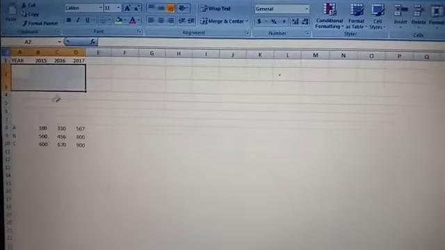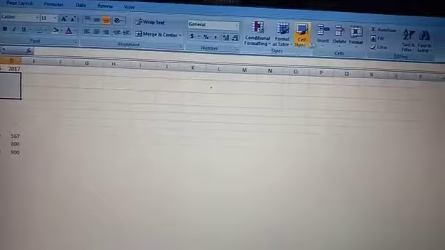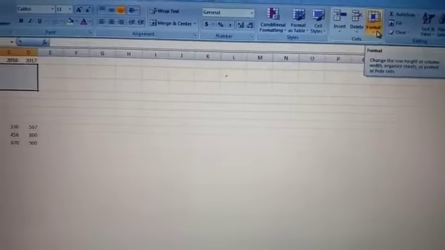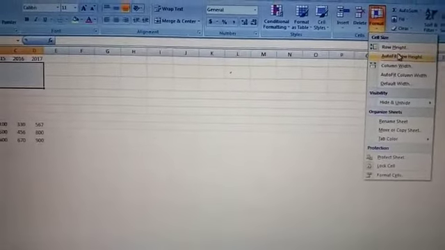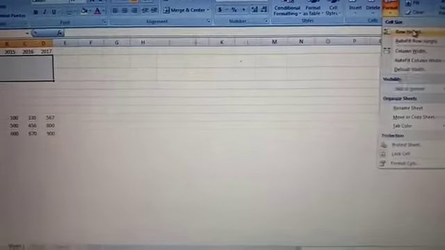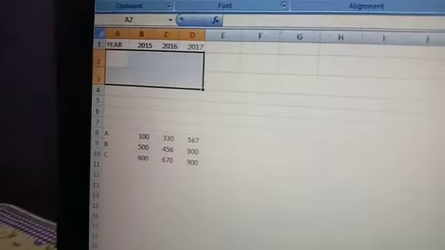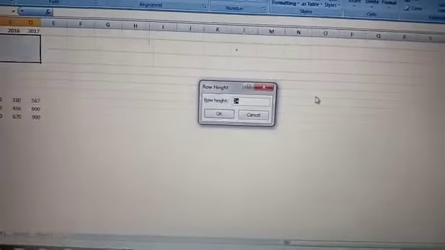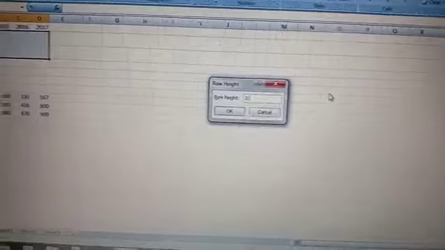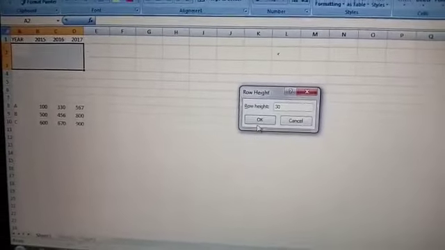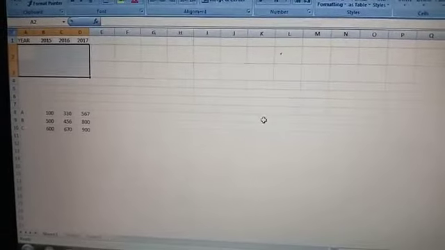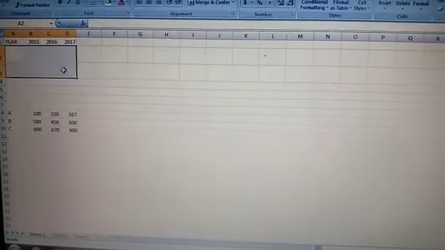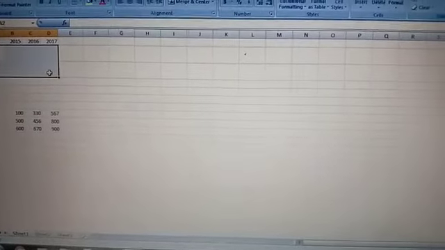Okay, see, again I'll show you. Go to Format, Row Height. Now see what is the height. Here it is 24. So we'll make it 30 and click on OK. See, can you see the height has increased?